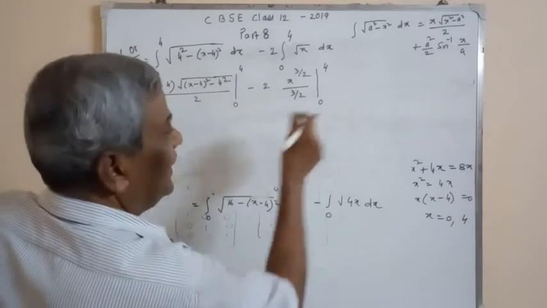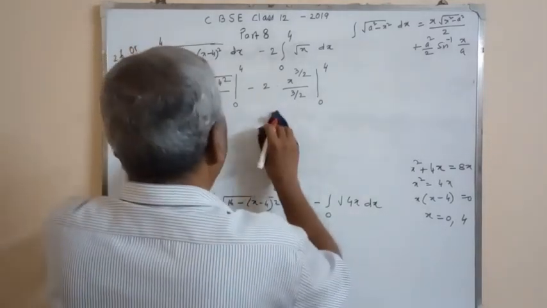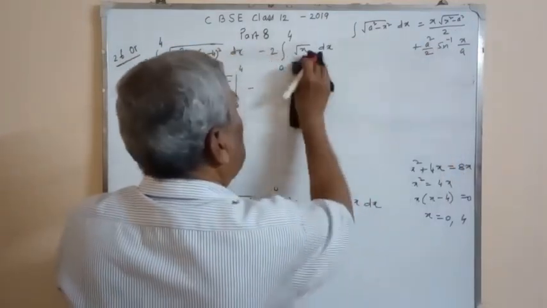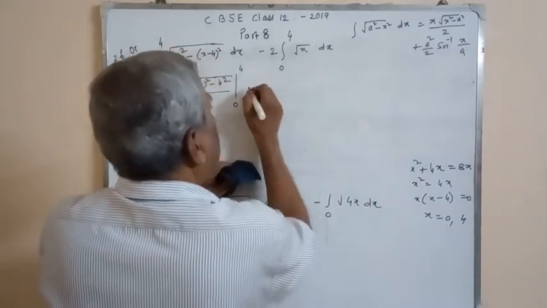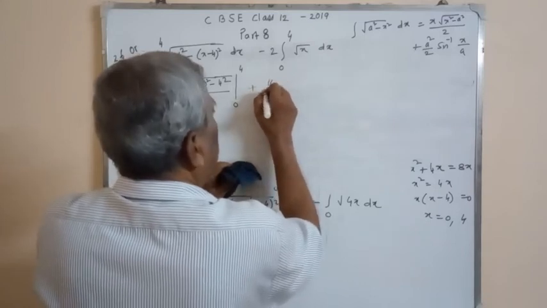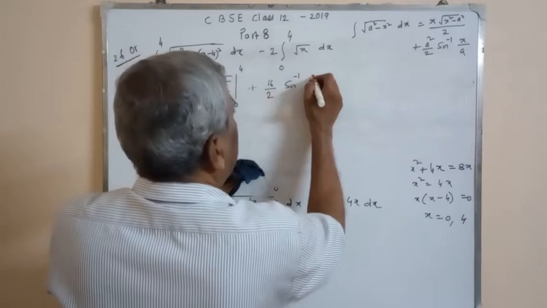Sorry, this part is not given here. So it is equal to plus a square by 2, that is 16 by 2, sine inverse x by a,